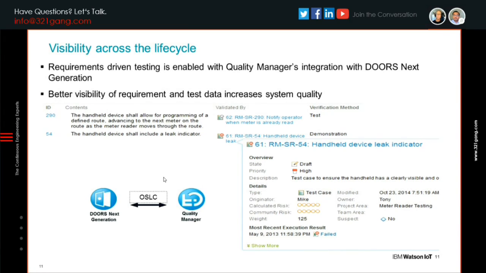And what we've seen here is this type of visibility. If I'm looking at the requirements, I have insight into what's going on from a testing perspective. I have my requirements, and I can see that they're validated by a specific test case. If I hover my mouse over it, I see a quick look into what the test case is. I can even see that the last time this test case ran, it failed. So these are quick indications of what's going on in the test, right?